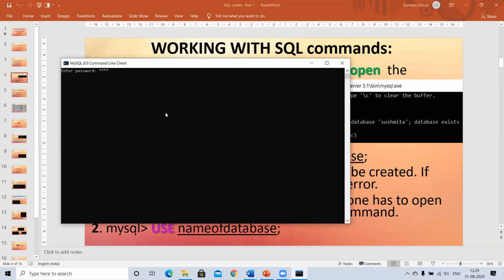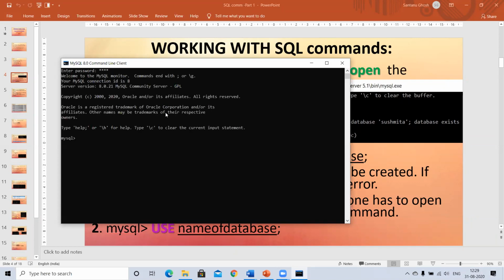The username is not required; by default, it is root. If you specify the username there, then it will ask for the username also. Otherwise, it's just the password. Once it is done, you are put onto a place which has a MySQL prompt. This is called a prompt. This is where I'm going to work with my commands.